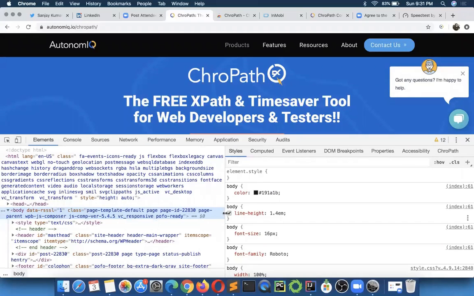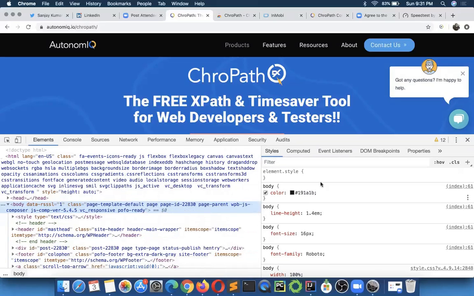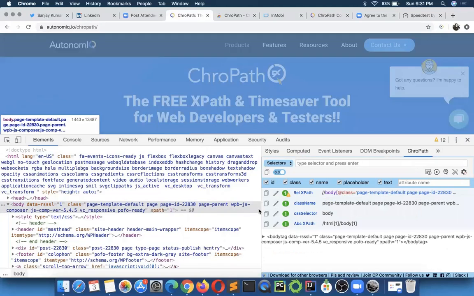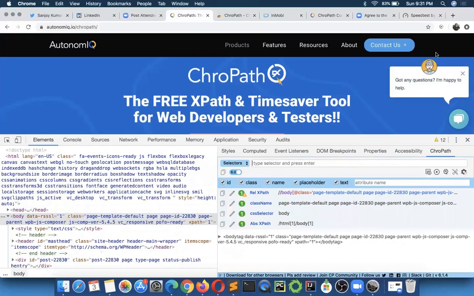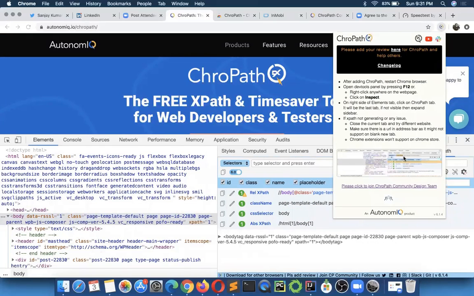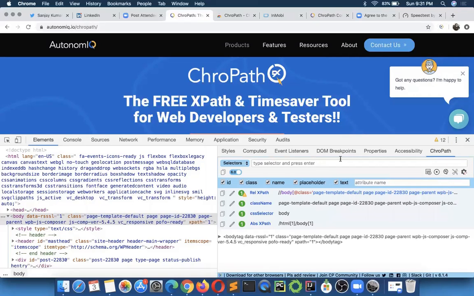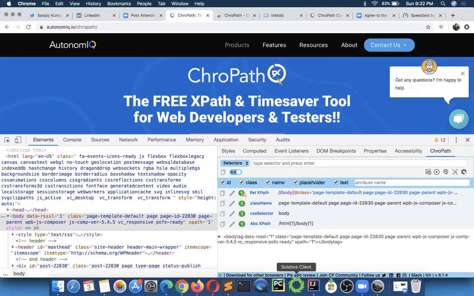So after installing Crowpath, one more thing: you will open DevTools, and you may see nowhere is the Crowpath, right? So don't worry, it is here. Like the double arrow in the sidebar, it will be the last tab. You can click here, or you can expand to see a better view. And anytime you can refer here, or the tutorial video, everything is there. There is a Slack channel, so you can join if you face any issue. So don't worry. Now, how can you generate this locator page without wasting any time?